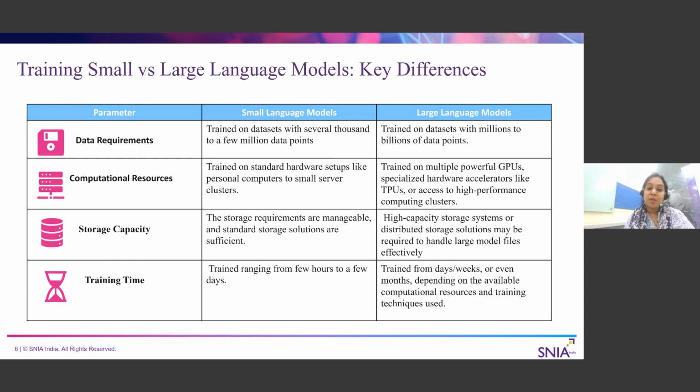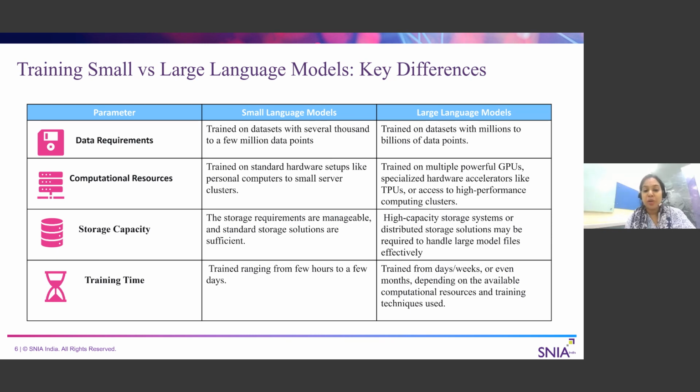Now, when the data is small, what is it that we associate it with when it comes to training? There is definitely a need for computational resource, storage capacity, and the training time. With respect to small, you need basically simple hardware setups like personal computers, or maybe small server clusters.